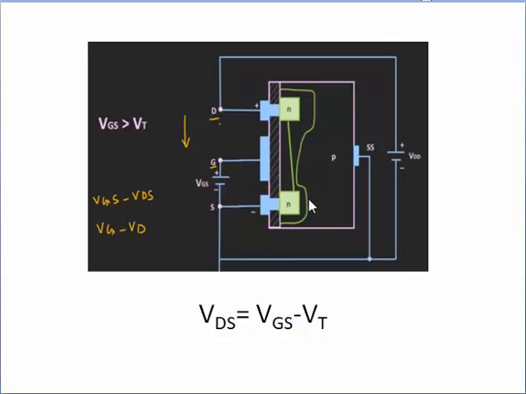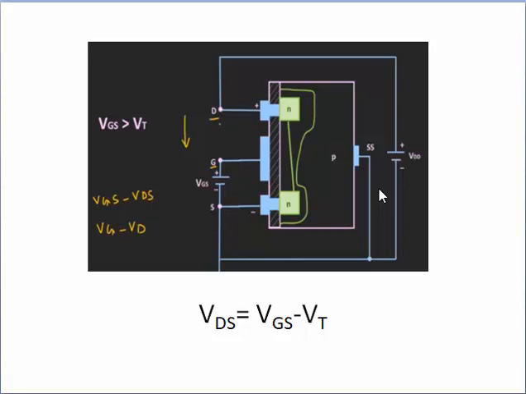This saturation voltage can be expressed as VDS is equal to VGS minus VT. VGS is the voltage between gate and source terminal, where VT is the threshold voltage. That means the pinch off condition will occur whenever the difference between gate and drain terminal is just equal to the threshold voltage, because at the threshold voltage the channel is just created between the drain and source terminal. Threshold voltage is the minimum voltage.